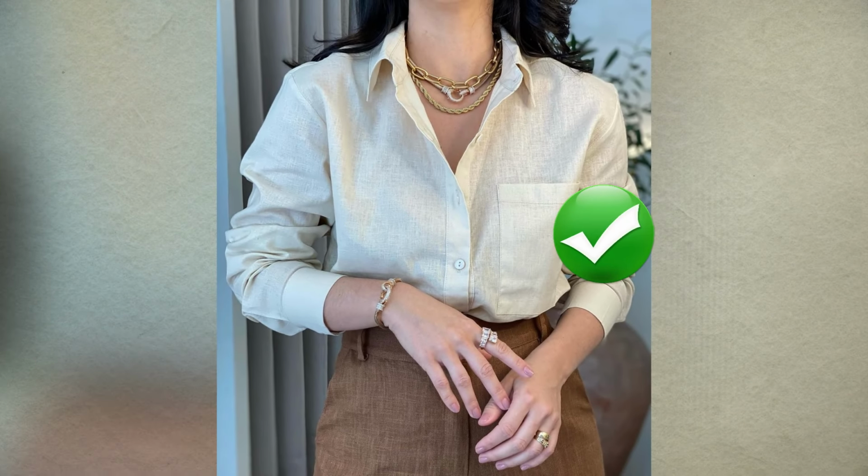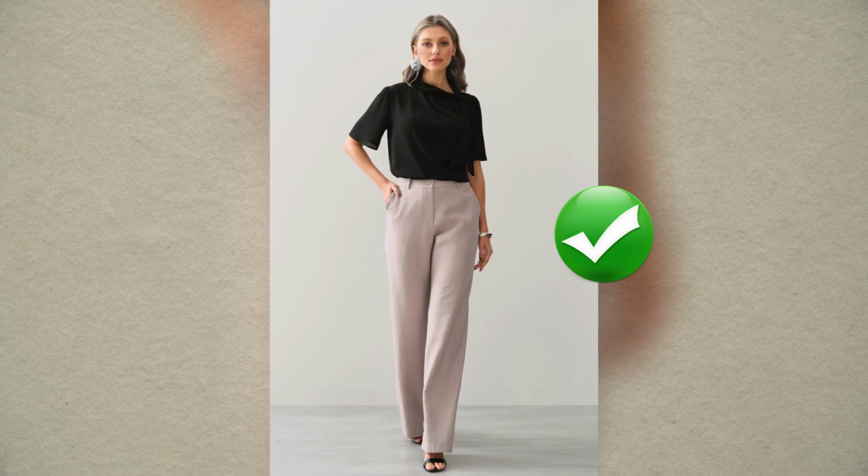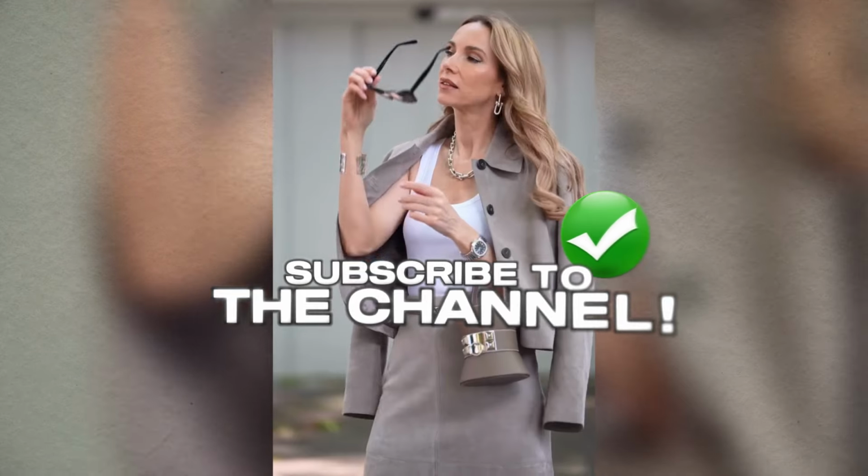And here's what's interesting. Clean-lined pieces are also more versatile. A straight-cut blouse can be worn to work, to lunch with friends, or to a social occasion just by changing